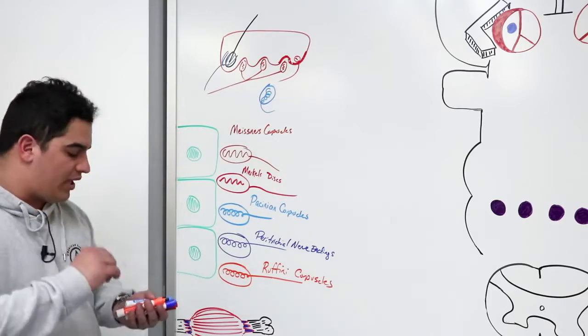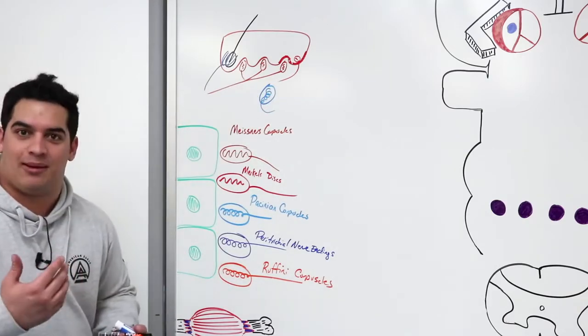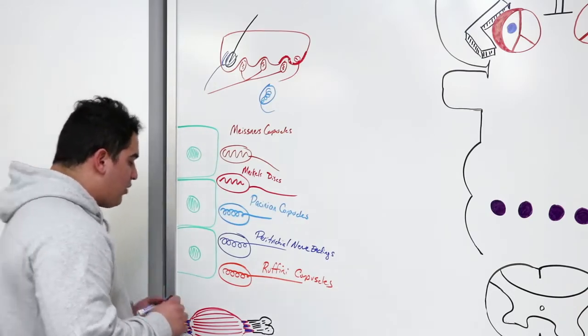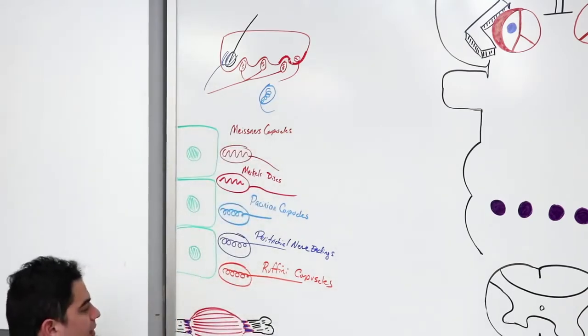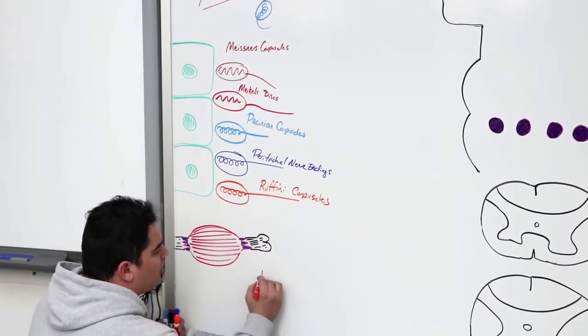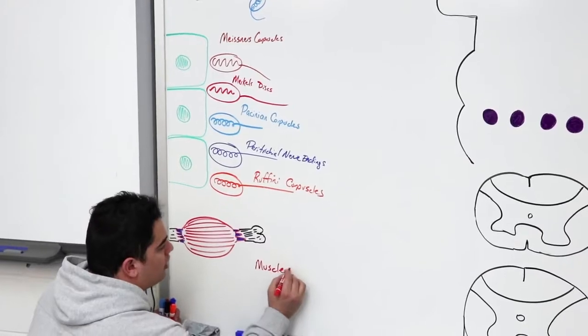So we've got all these. That's for discriminative touch, for pressure, for stretch and vibrations. Now we have one more that we have to pick up. That's proprioception. This pathway is so unbelievable, it really is. So there's another one. In our muscles, we'll talk about this more in other videos maybe, but when we talk about our skeletal muscles,